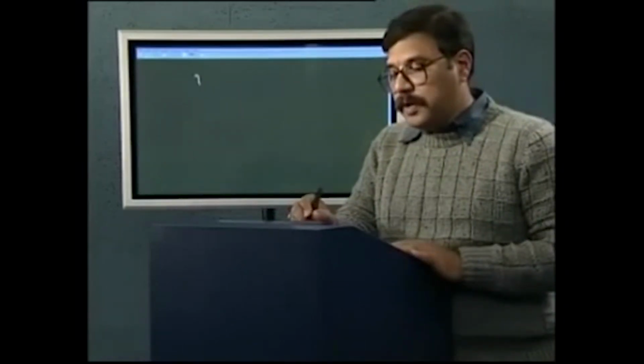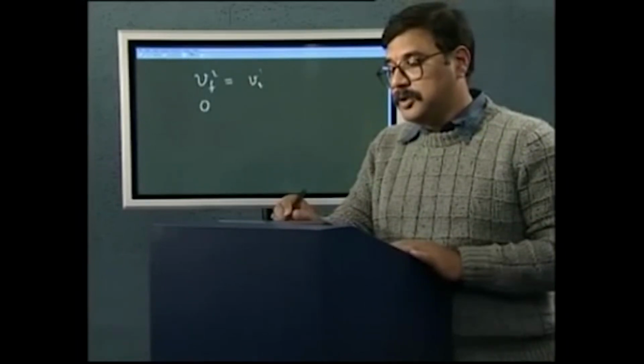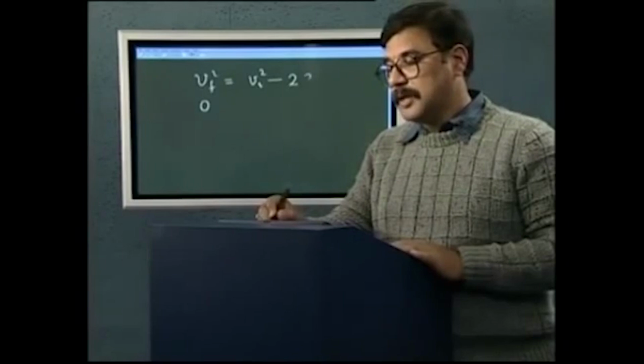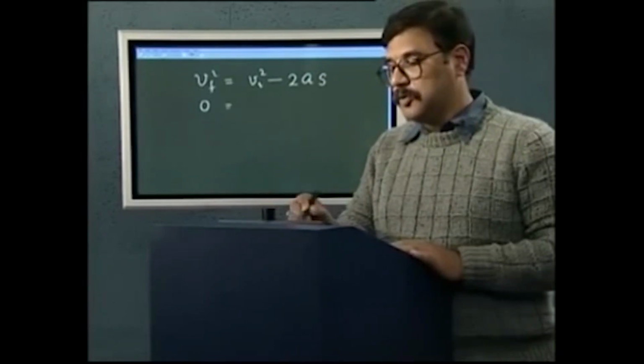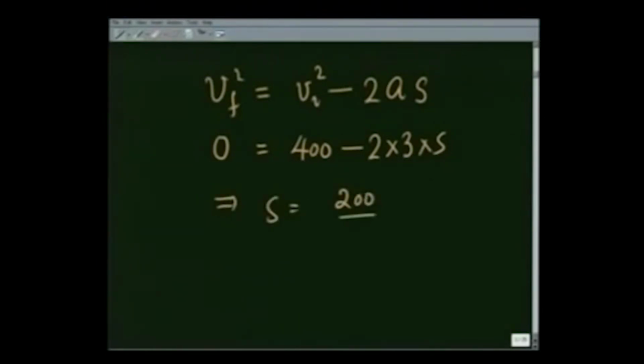And so V final square for the truck, which is 0, is equal to V initial square minus 2 times the acceleration times s. This is going to be 72 kilometers an hour, which if you change to meters per second comes out to be 20 meters per second, and 20 meters per second square is 400 minus 2. I have already calculated A to be 3 times s. That's maximum A. So S minimum that much, and that gives you S equals 200 over 3, which is 67